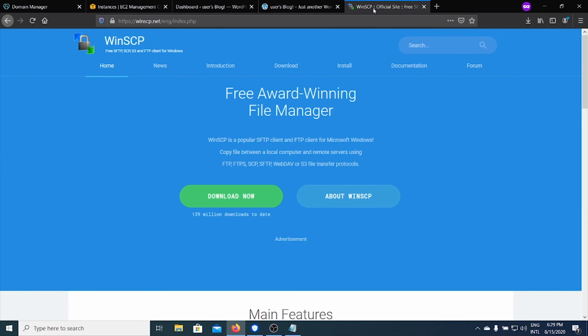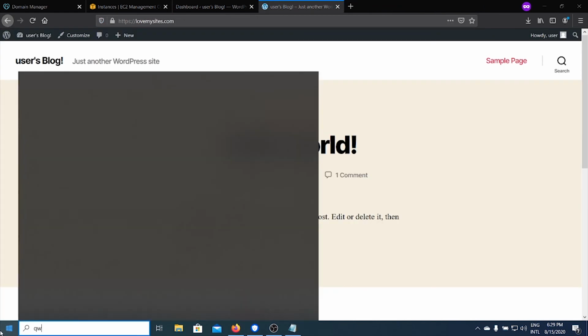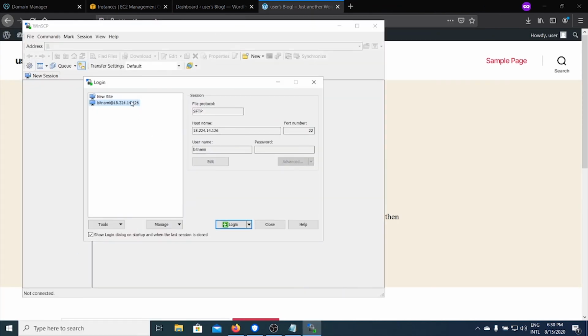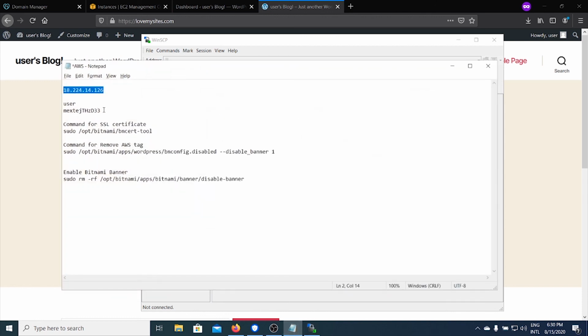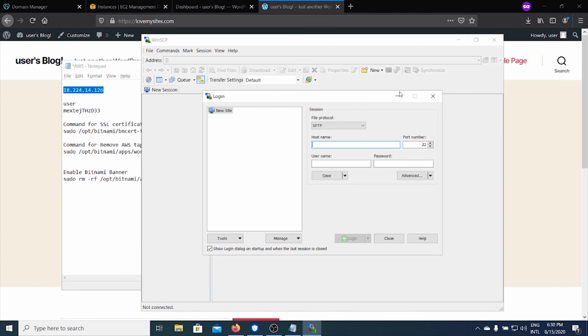I already have this, so I'm just going to open it up. Alright, so here, let me delete it. Let me do it from scratch. Okay, so to do this, you need to select SFTP in the file protocol, and the host name is, again, going to be your IP address, and then the username is Bitnami,